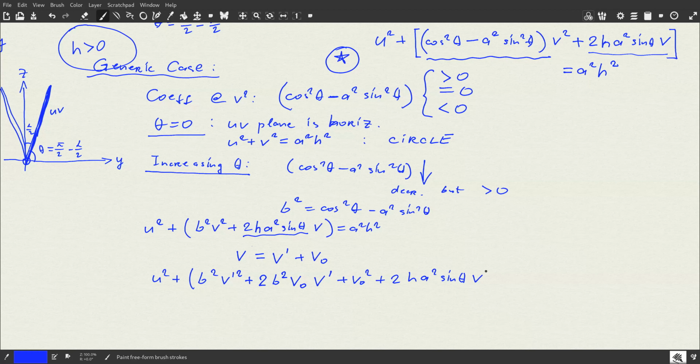Excuse me, Professor. Yes, I think you lost coefficient b squared near the v0 squared. Where is coefficient b squared? Oh yes, you are right. Thank you. Yes, b squared v0 squared. All right. So the constant terms are moved to the right hand side, and we eventually have something like u squared plus b squared v prime squared equals to some